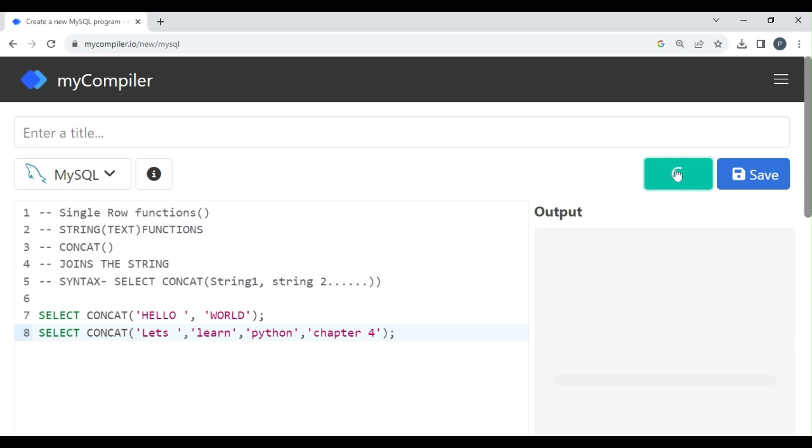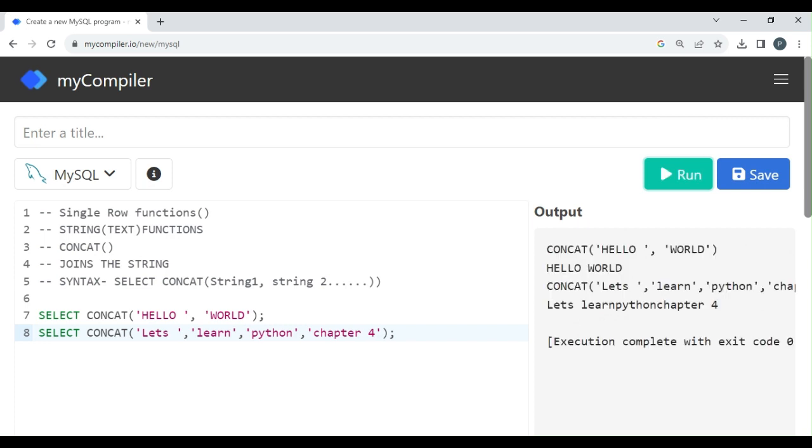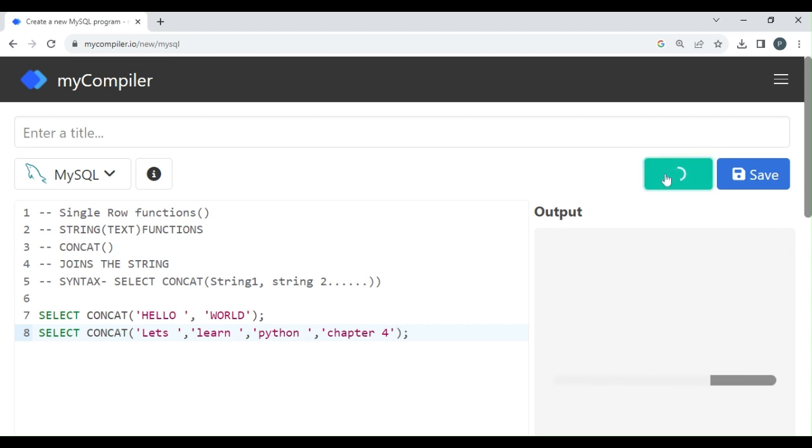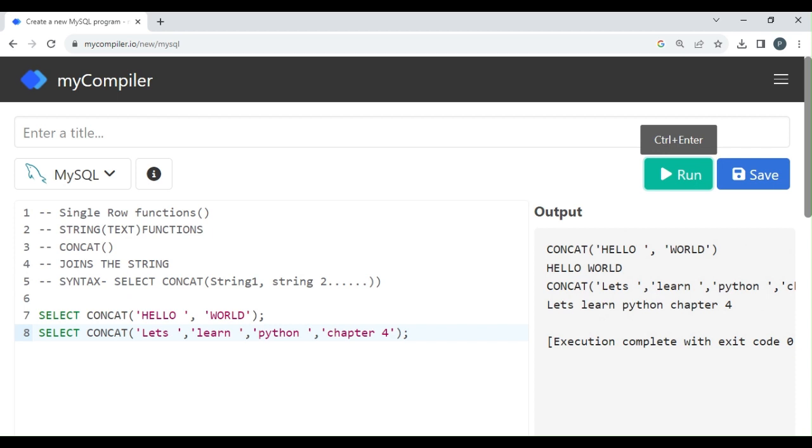So let's run it. What is it giving us? It is giving us let's learn Python chapter 4. So we have no spacing between them. If you want a spacing, we can just give one space here and one space here, and if I just run this, it will join the words. Okay,